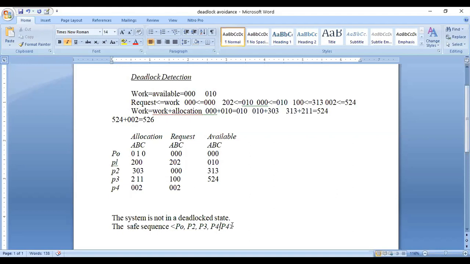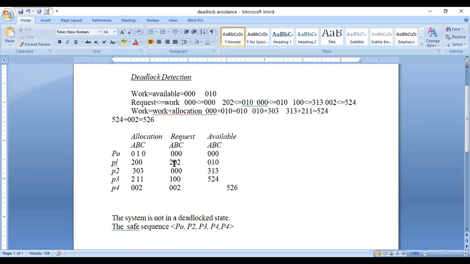Later, only one remains, that is P1. So now check P1. What is the condition here? Work value 526. It is updated from 524 to 526.